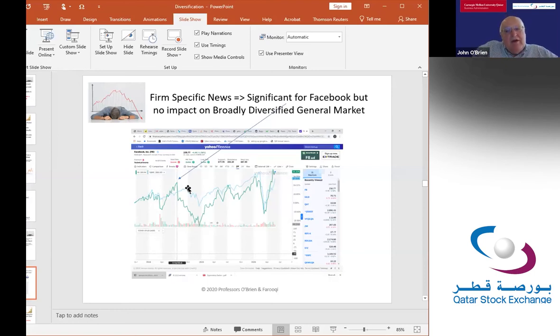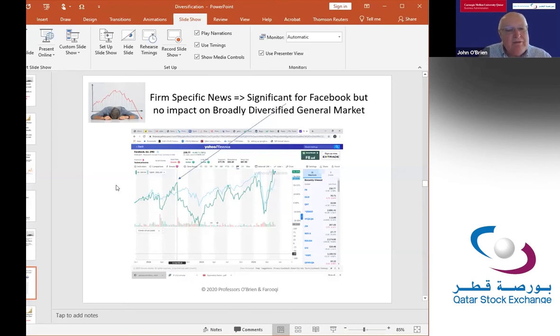But if you had a more broadly diversified portfolio, you could shrug it off, okay? Because all your eggs aren't in the one basket. So this is firm specific. And again, you want to avoid putting all of your eggs into the one basket here, because what you are carrying is